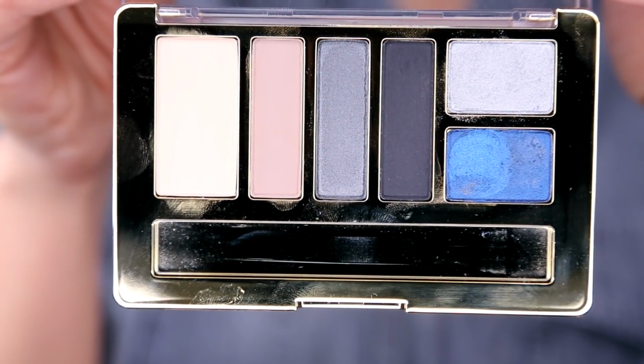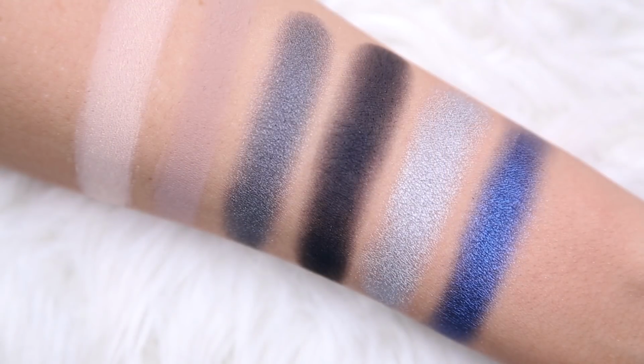Moving on to Smoky Essentials. Now this one. Immediately you look at this blue and you might get very intimidated and think, oh my gosh, this is just like the Blue Eyes whatever palette. It's not. This is actually very wearable and you get some really, really beautiful everyday shades. So this guy right here,